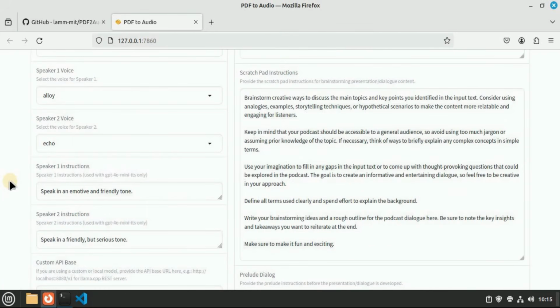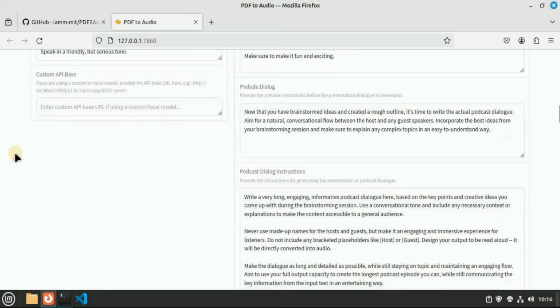And here comes the fun part. If you remember that in Notebook LM, you do not have the option to choose the voice of the speaker. But here inside the PDF to audio, you have the option to select the voice for the speaker 1 and the speaker 2. So if you want both of the speakers to be female, you can select that according to your requirements. And if you want both of them to be male, you can choose that too. And if you want one to be male and the other one to be female, you can go ahead and select from a bunch of these different speakers. Then we have the option to set different types of instructions for the speaker.